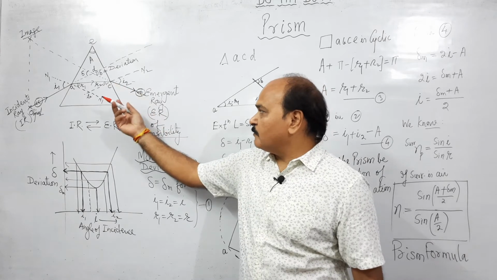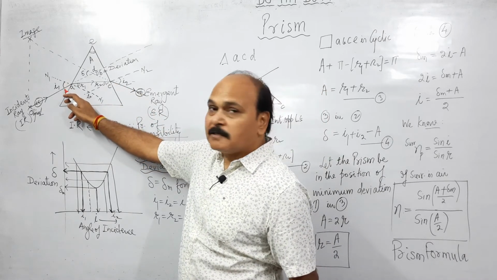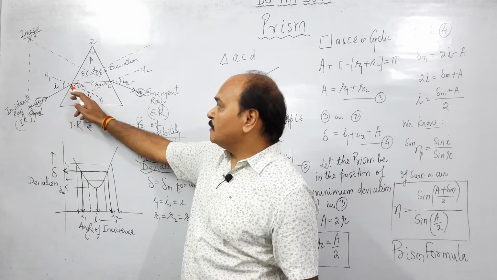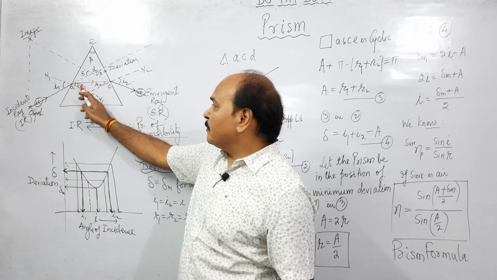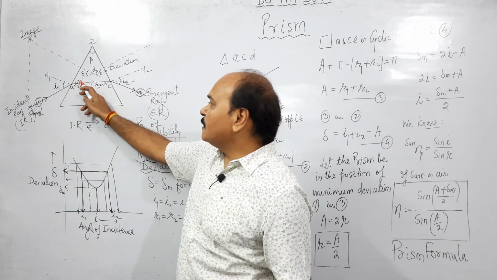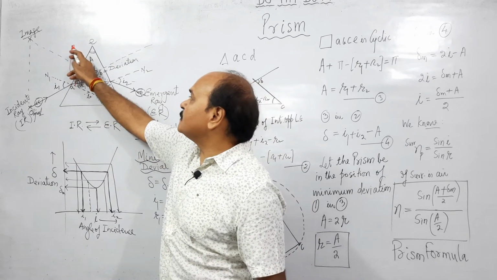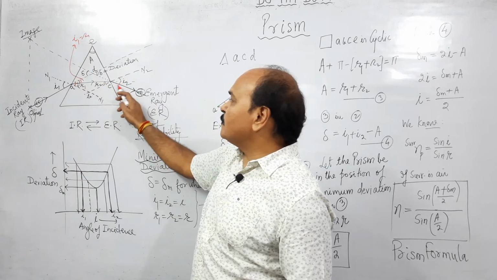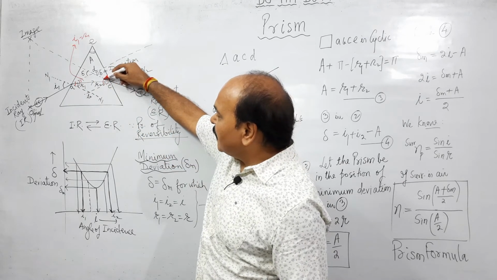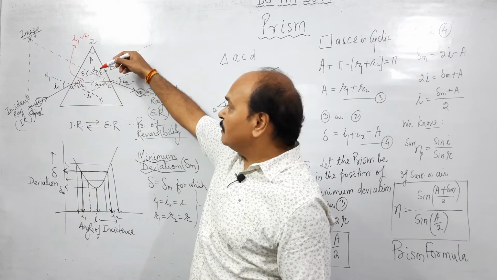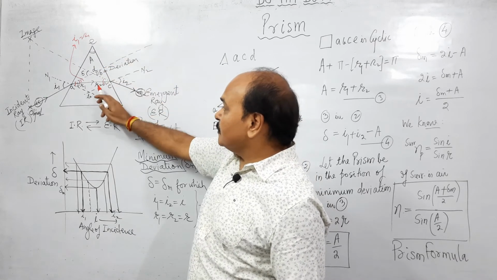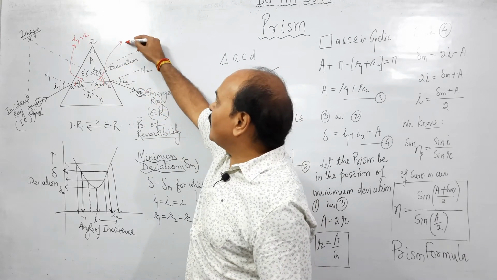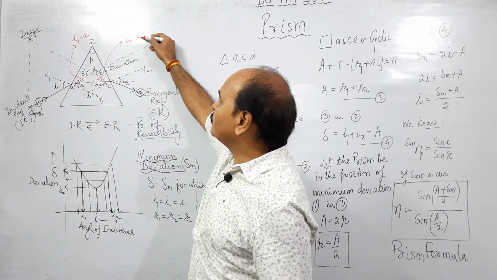Children, let us look at this diagram once again. This is I1. This angle, vertically opposite angle, is also going to be I1. If this is I1, but this angle is R1, so what about this angle? This angle is going to be I1 minus R1. This angle is I2. Therefore, this whole angle is going to be what? I2, vertically opposite angle. And out of this angle I2, this one is R2. That simply means this angle is going to be I2 minus R2.